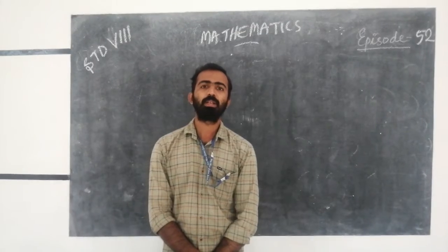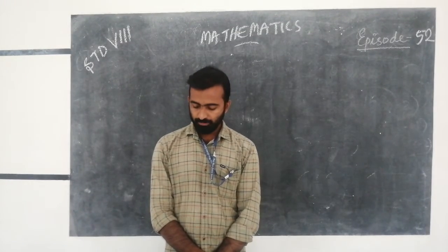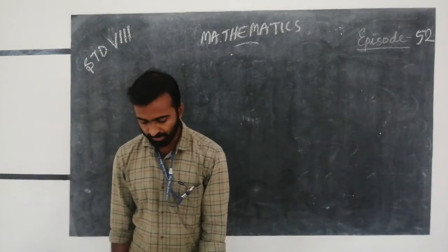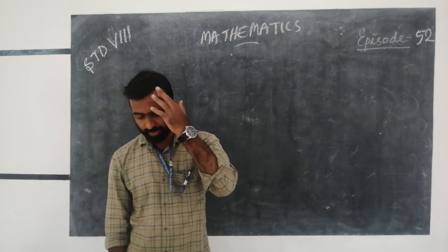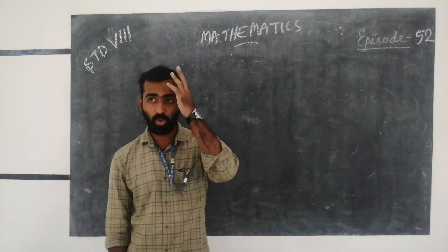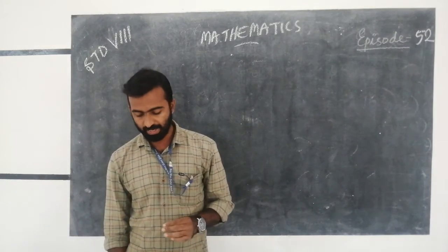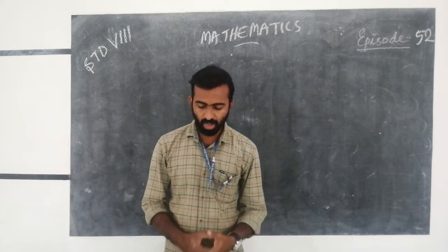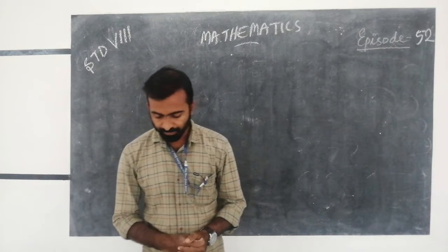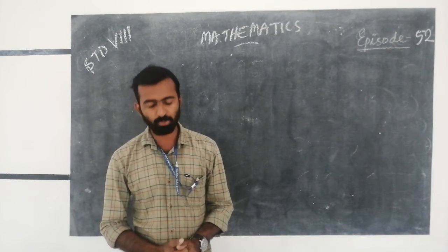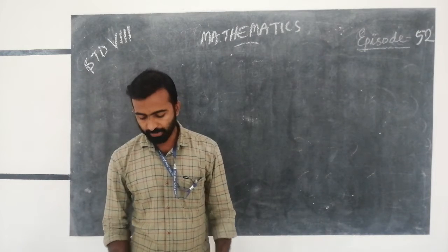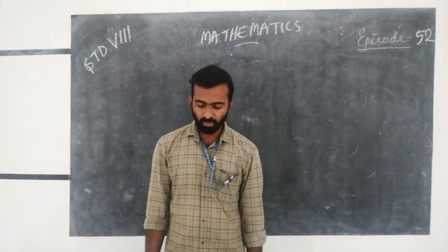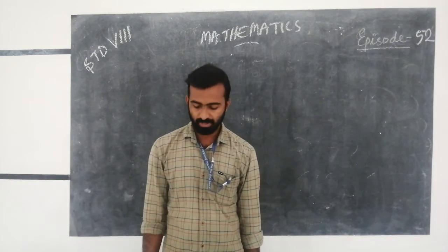How are prisms and cylinders alike? And the second one is, how are pyramids and cones alike? The answer to the first question is, the prism and cylinder both have their base and top faces congruent and parallel to each other. Also, a prism becomes a cylinder as the number of sides of its base becomes larger and larger.